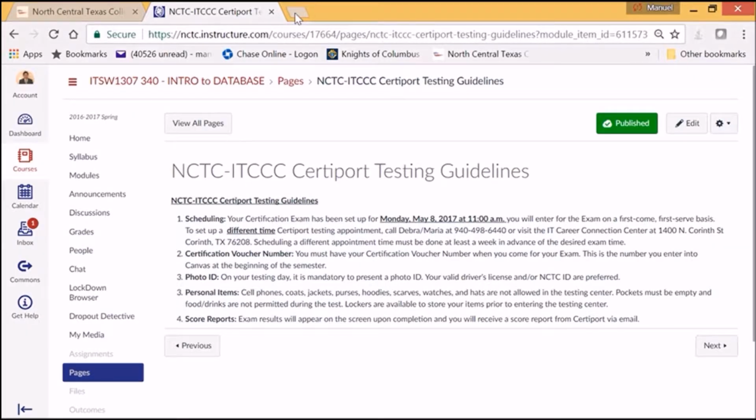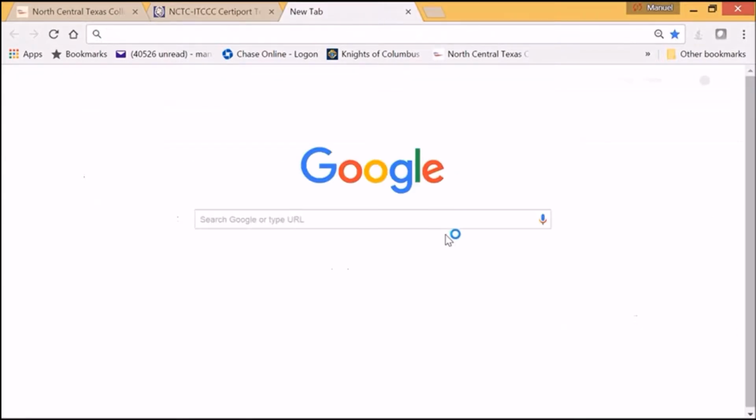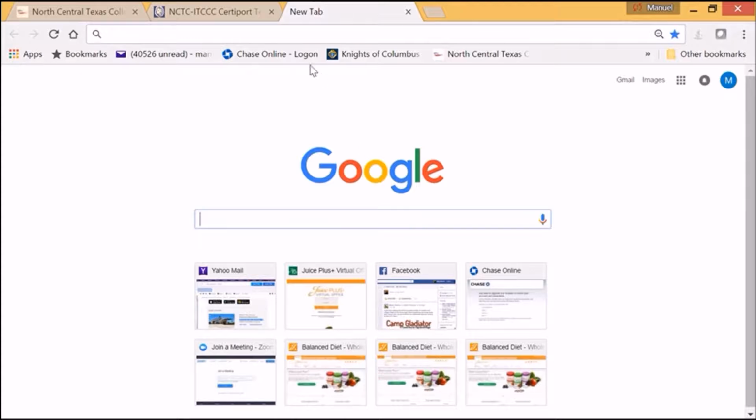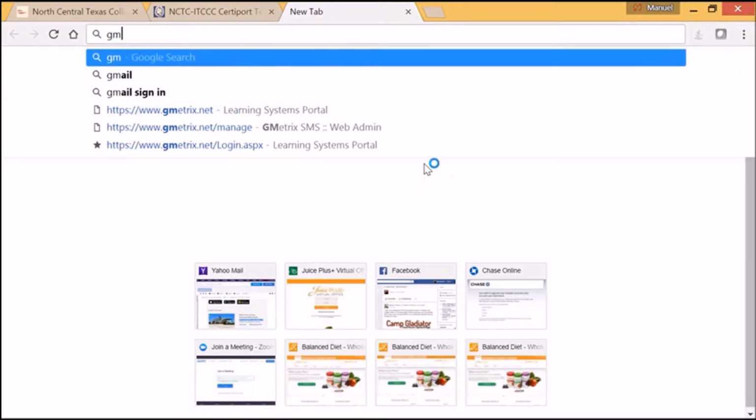So the way you get to GMetrix, I'm going to walk through this. You can pause this video as you need to make sure you install this application properly on the computer that you're working. Okay, so